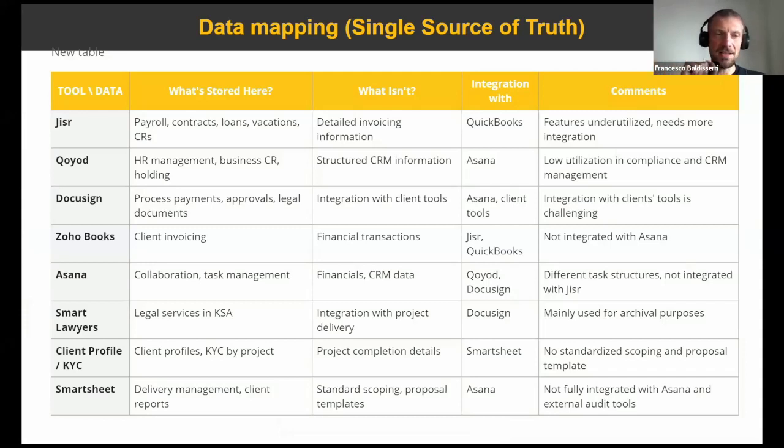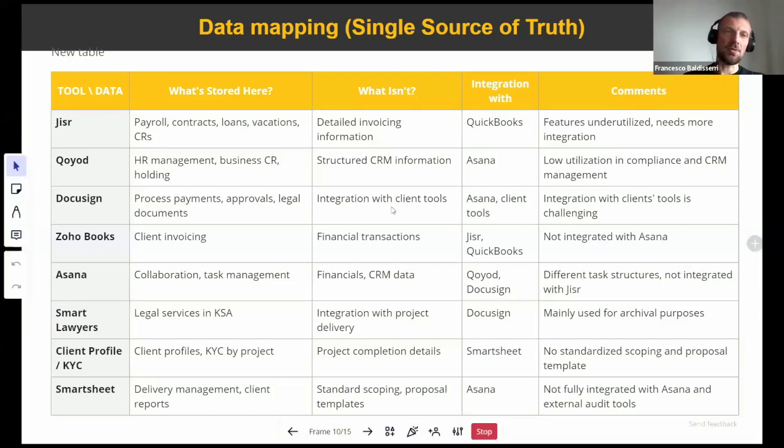So the idea here is really to make sure that the tools that are being used in the company are what we say MECE, which means mutually exclusive and collectively exhaustive, so that they don't overlap, but also they don't leave any gap. So we make sure that all the phases are covered. We know exactly where I can find the data if I'm looking for it, and if there is any gap in the integration between